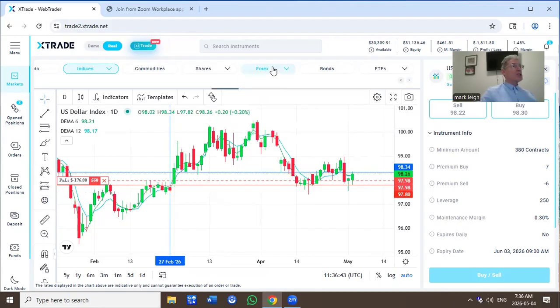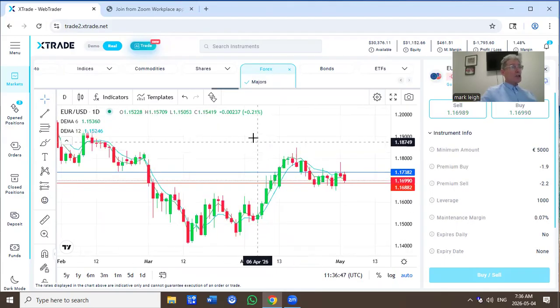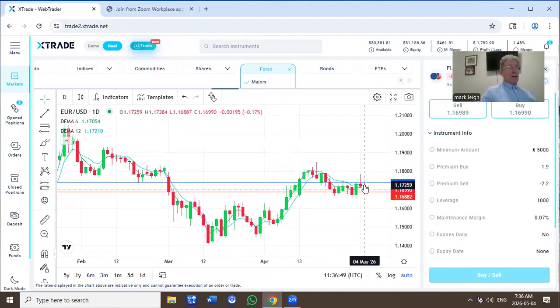Let's have a look at the majors, starting on the Euro US. And there you see the strong US dollar red candlestick that's selling euro, buying US dollar. I've got resistance at 117.38. I've got support at 116.88. Downtrend in place, but very strong support area around this